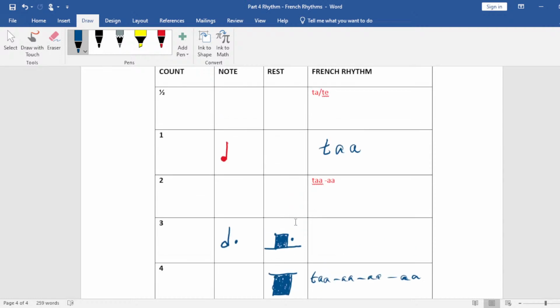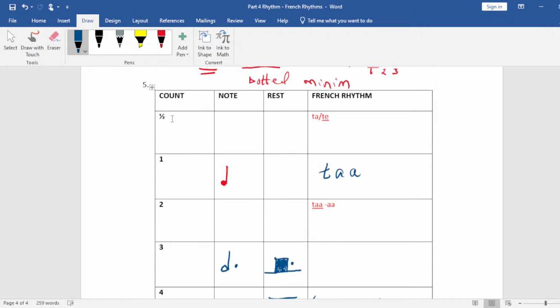So be cautious in the examination. You can be given a note and asked to fill the count. And therefore, this table is a summary. If you missed the introductory part, you can go back to the beginning of this lesson where we filled the table completely. The questions can be either given the count to draw the note,